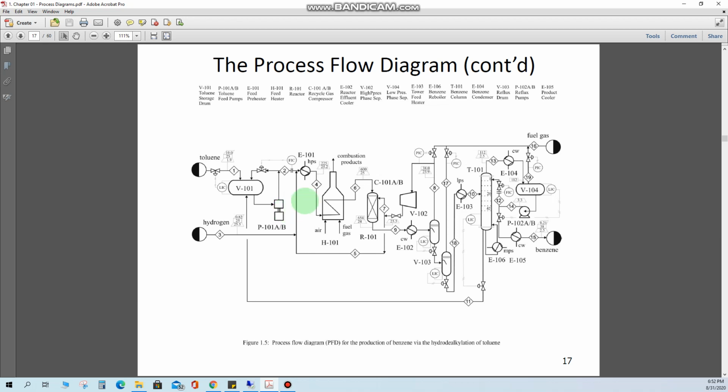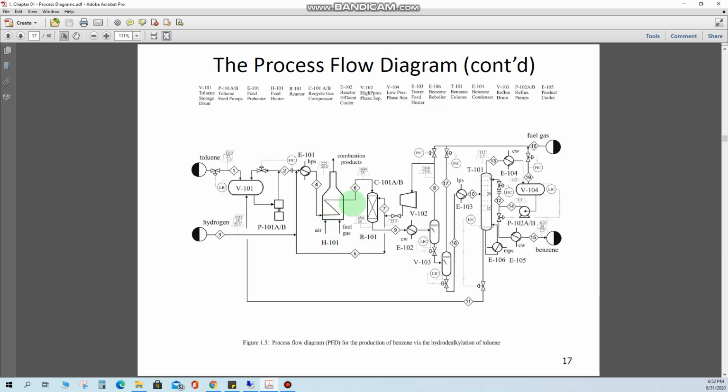that can be used if one of the pumps is out of order. Now the same case with this heat exchanger, it can be designated as E, the area is 100 and the equipment number is 1. You may see different heat exchangers here, so you will see this one is coming with the number 2 and this one with the number 4. So this is how we designate and specify the location of each equipment on the plant.